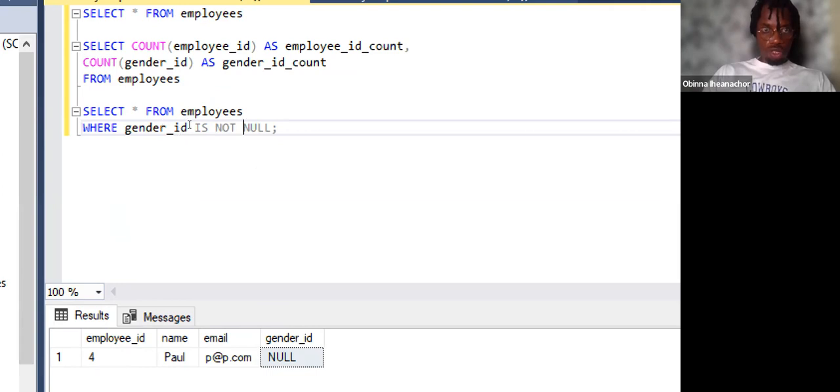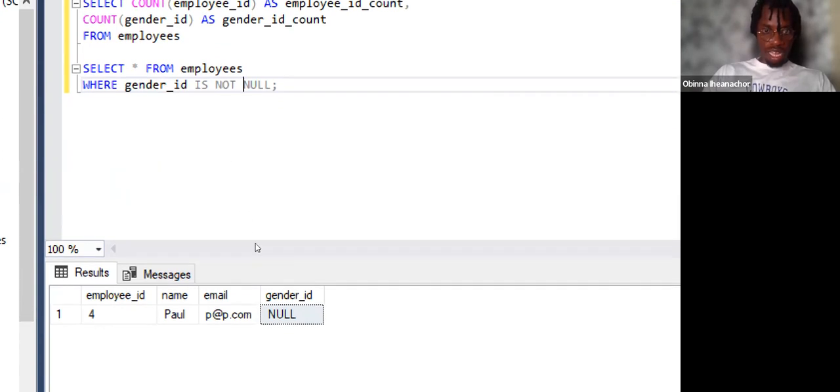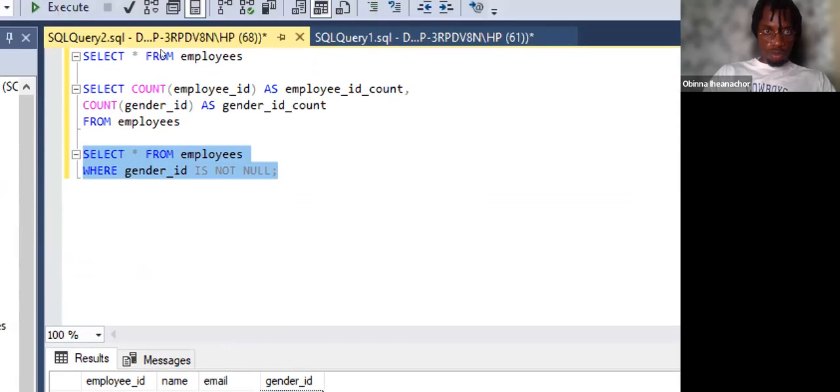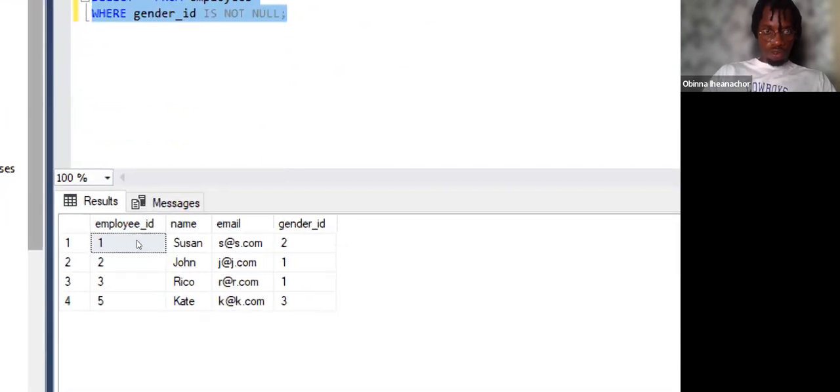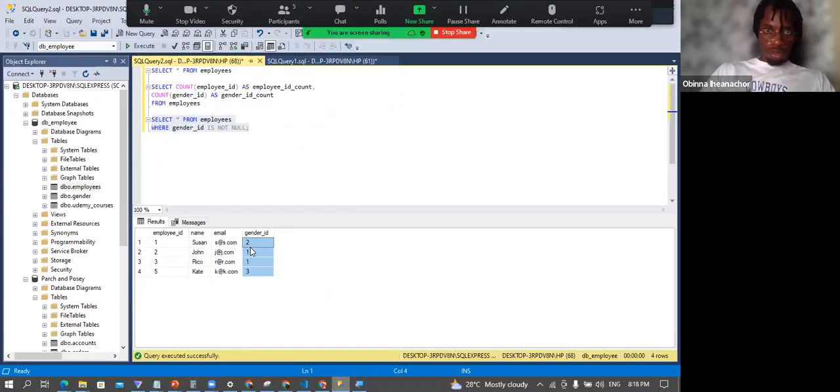So I'm saying return all the rows where gender ID has actual values. When I execute this now, you see it returns the 4 rows where gender ID has values. So that's just something to add on the null